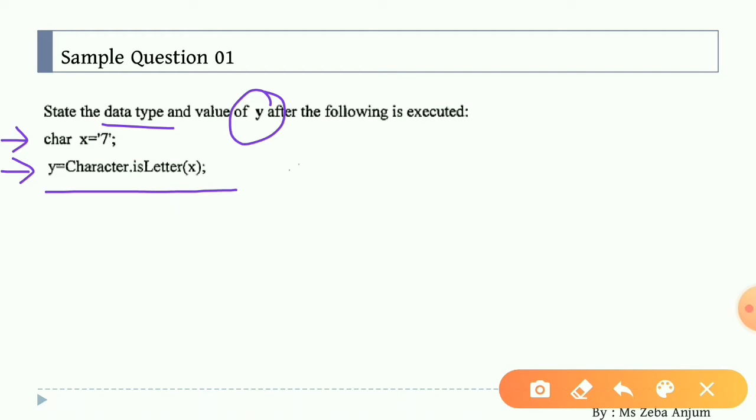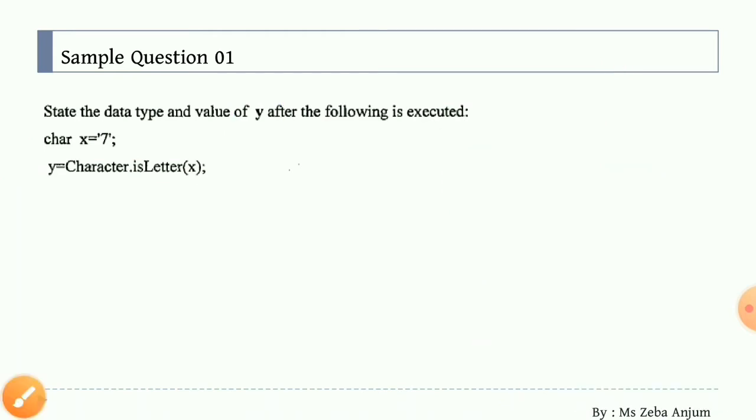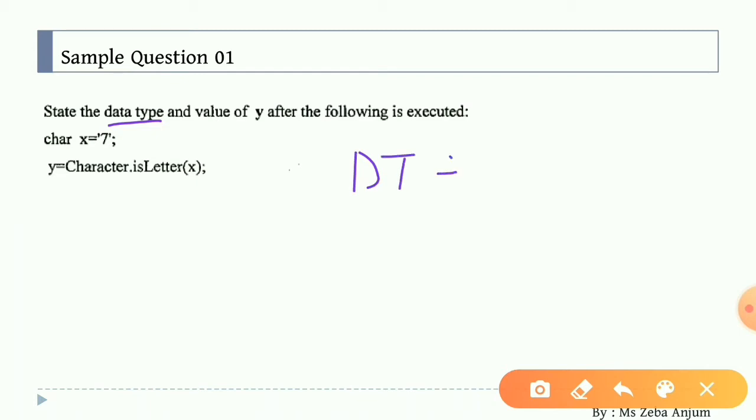Remember? And when we talk about "is", then it means we are having a checking condition. We are checking for something. And when we are checking for something, then we have only two possible values that we can get. Either you can get true or you can get false. And if you talk about the data types regarding these two, the data type is Boolean. Yes, so the resultant data type of your y is Boolean.